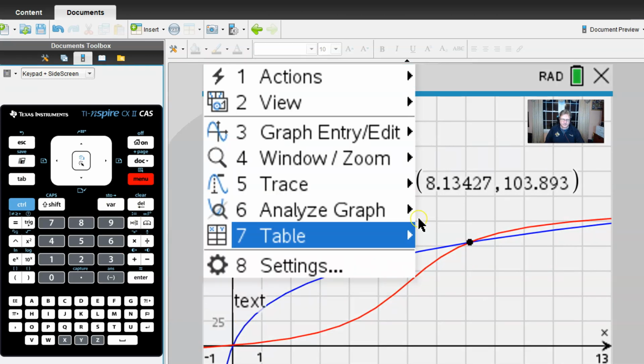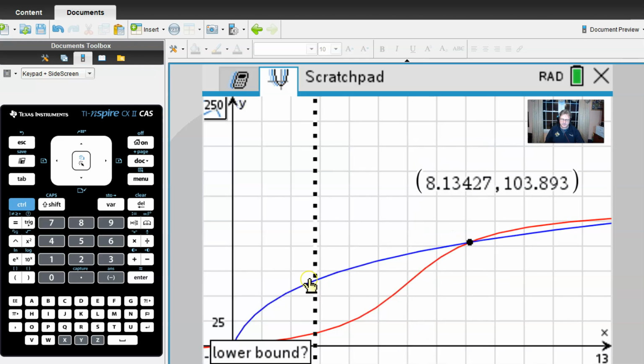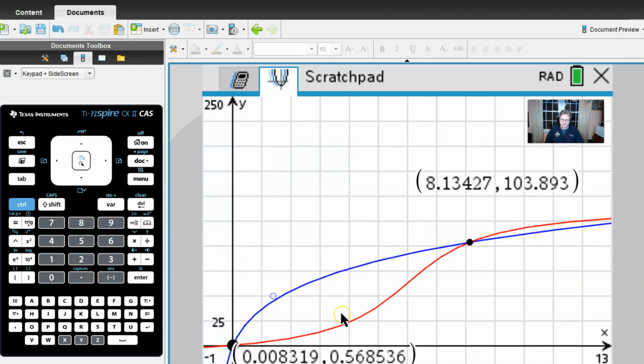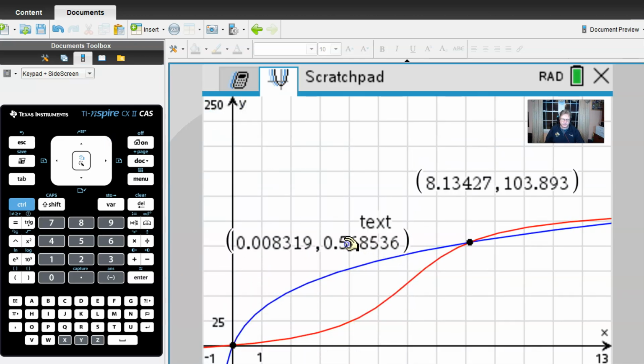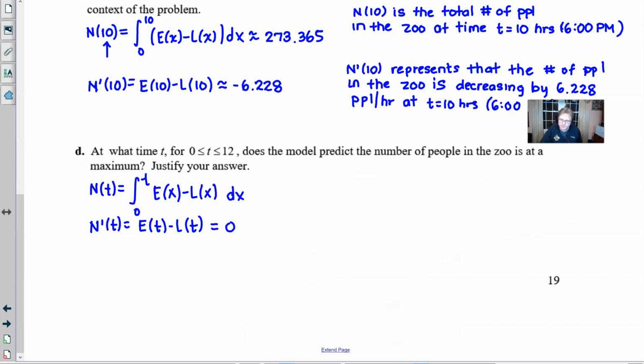It looks like it might be at the origin, but it turns out that it's just a little to the right of the origin, as you can tell. So you can also use the graphing features of the calculator to solve. Once we have those values, which I am going to write down, t is approximately 0.008 and